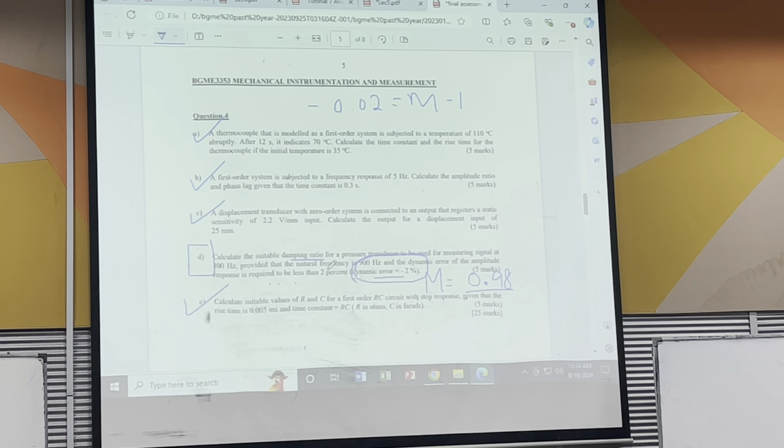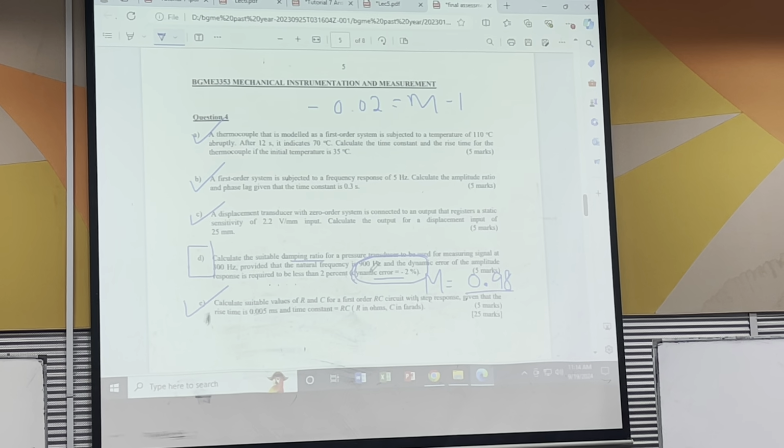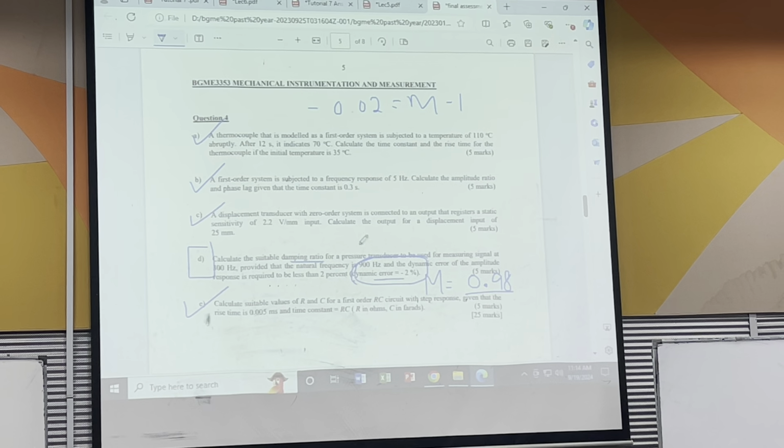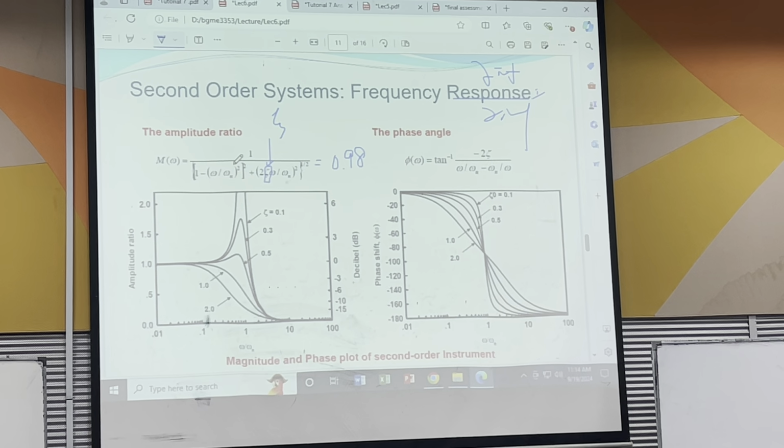Omega n is also given, so you have to do something with it. Actually, you don't really need to convert this to omega, because from your formula, omega over omega n is a ratio. So 2 pi f divided by 2 pi f, at the end of the day, you will get the same thing. So this ratio will be,